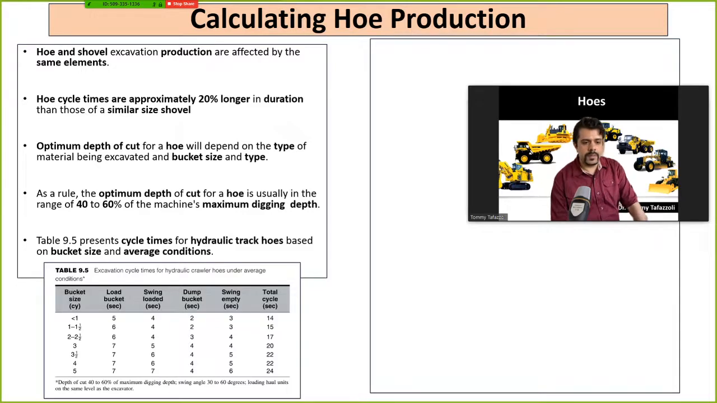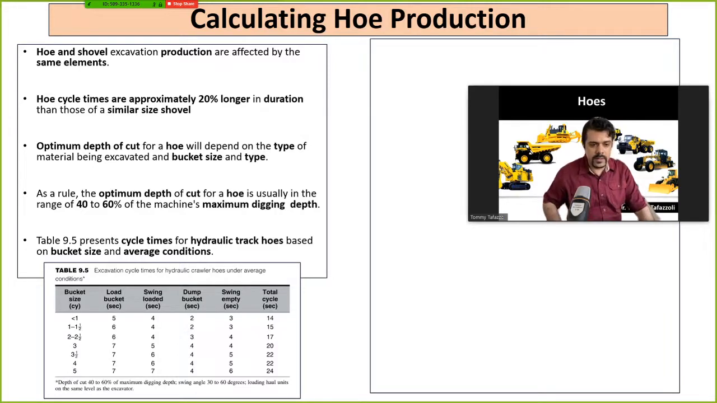While if the bucket is bigger, the biggest we have here is 5 cubic yards. That's a pretty big bucket for a hoe. So as you can see, the times are now bigger. Loading would take 7, swinging 7, and the rest of the durations are given. So it makes the total cycle time for a 5 cubic yard bucket 24 seconds. It takes almost half a minute for one cycle of excavating, swinging, dumping, swinging back, and then